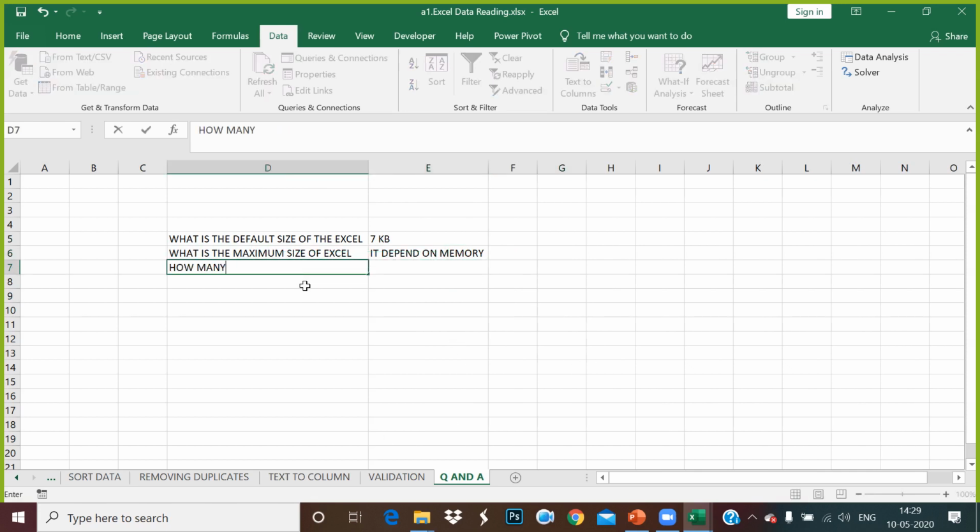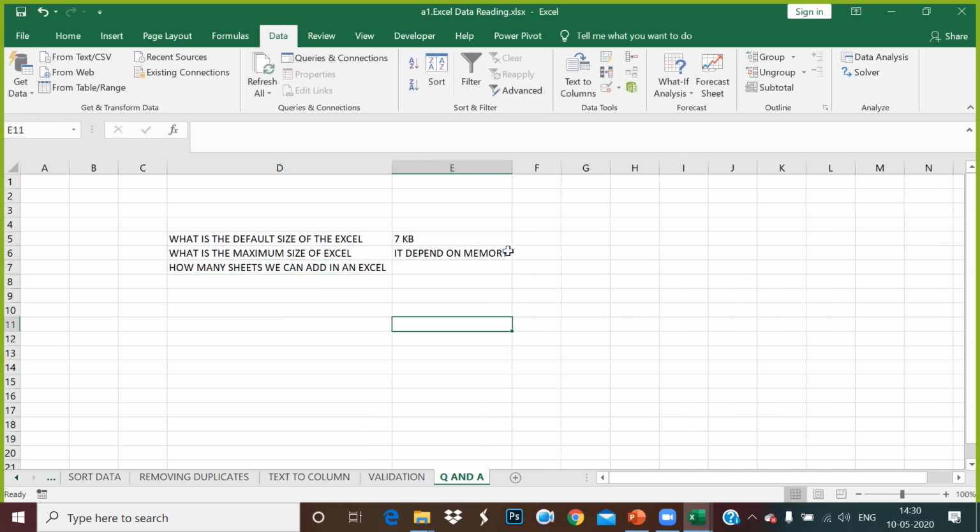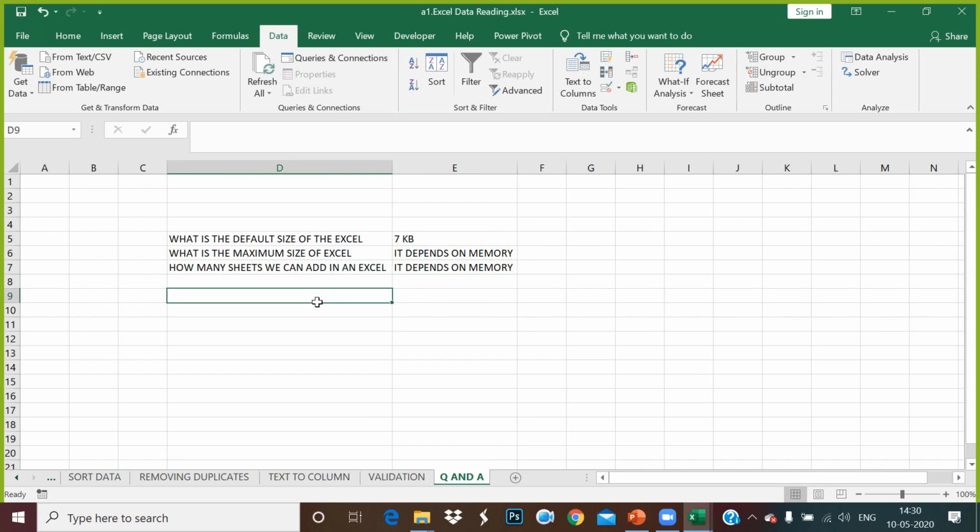Third question, how many sheets can we add in an Excel file? Some people say that we can add 100. Some people say that I have worked in 39 to 40 sheets. I don't remember how many sheets exactly I can add to my Excel file. The answer should be it depends on memory. Always remember it depends on the memory.